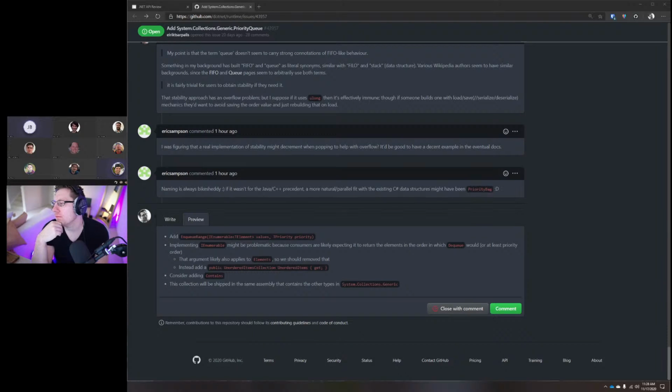But I think that we often see complaints from users that if they add 4 items to a dictionary and they for each it, it's in the order that they added them. And when they add 400 items, it's not. And they're like, this is weird and inconsistent, you should fix it. And by fix it, they don't mean make it always be random, they mean make it always be determinate, or make it always be the thing they want it to be. I'm surprised that when they add 4 items to a dictionary, they get it back in that order. Yeah, that seems like it happens one time in 16, right?